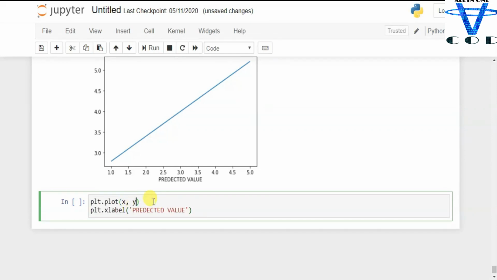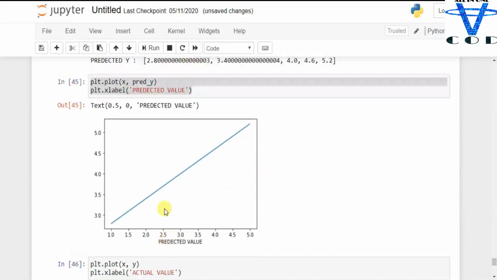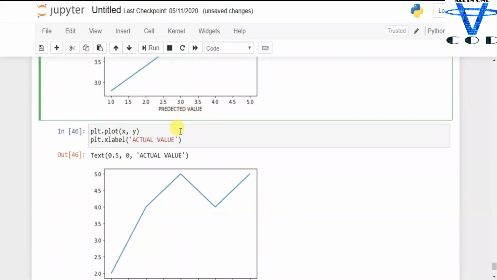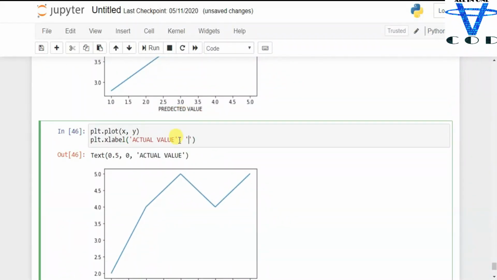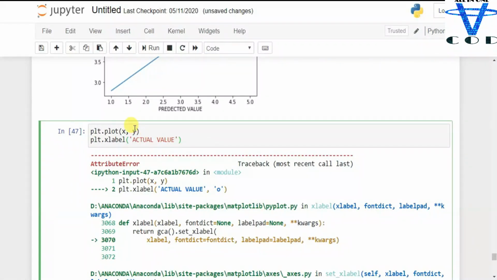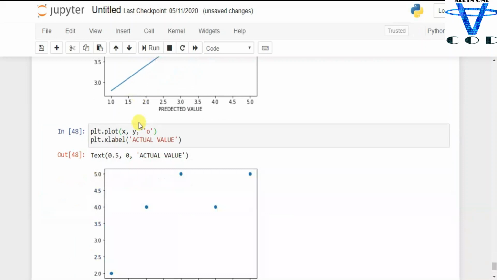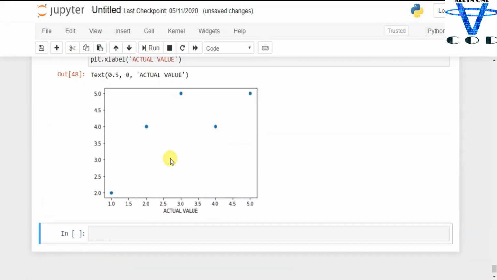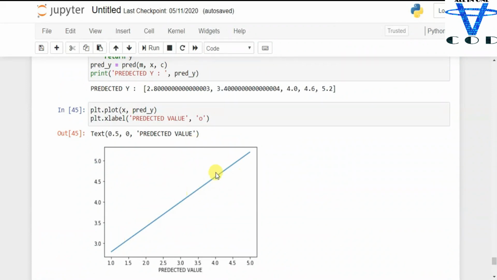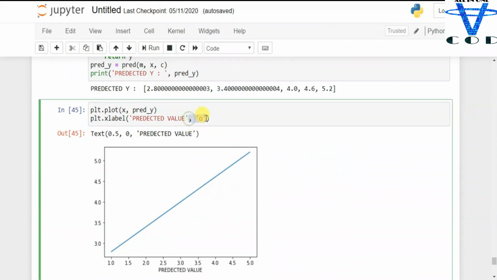You can see this is our actual value. I'm gonna create the dot in here so you can see perfectly. Oops, that's my bad. Yes, this is our actual value. You can see this is too far from the line, and this is our predicted value. And in here I just made a mistake. You can see this is the straight line, but this is not a straight line, this is a weird line.